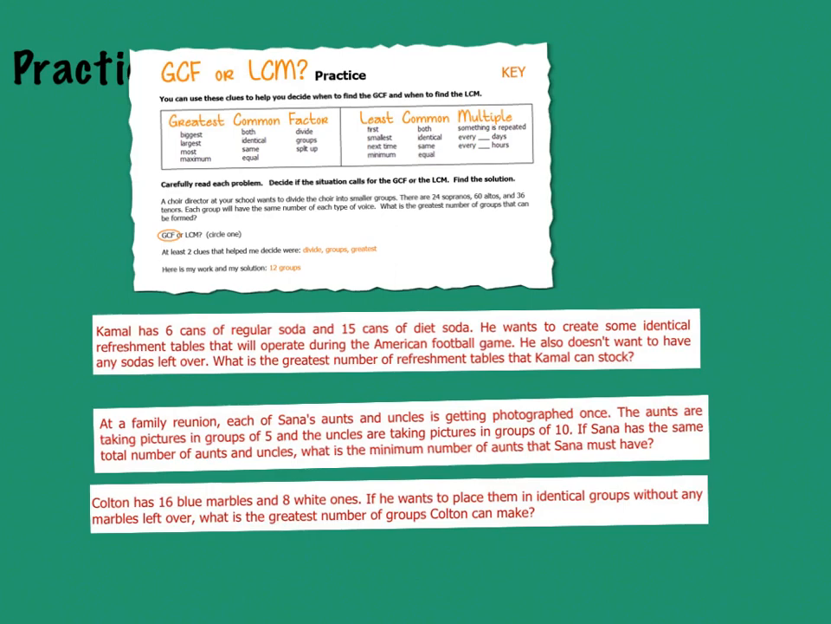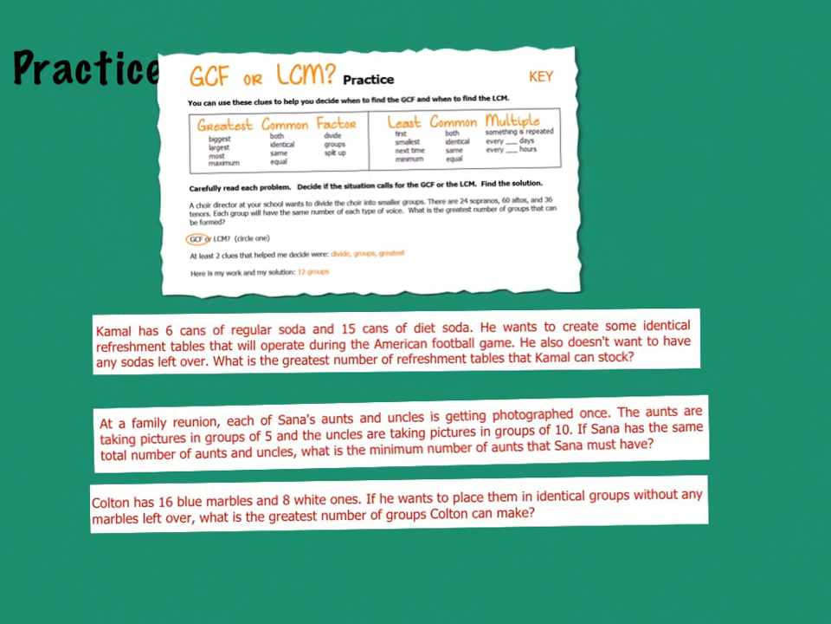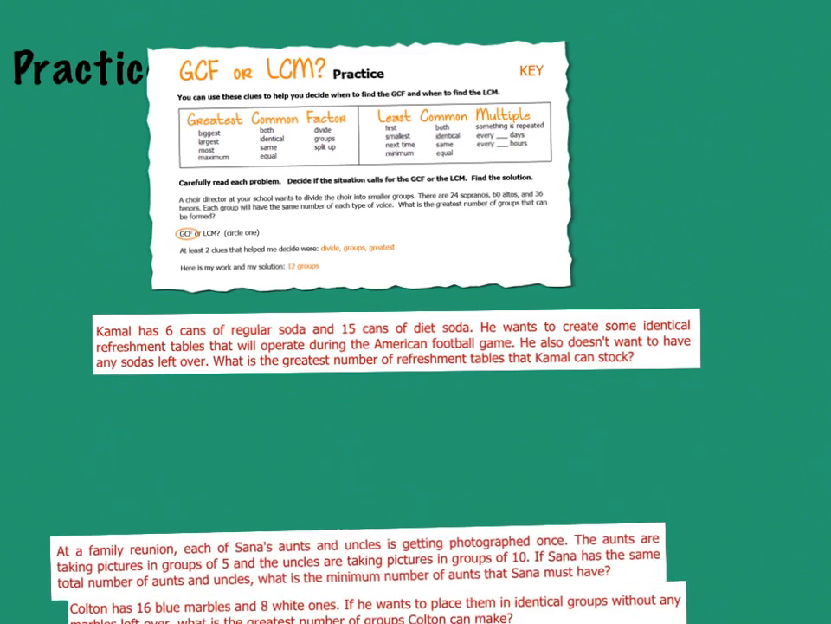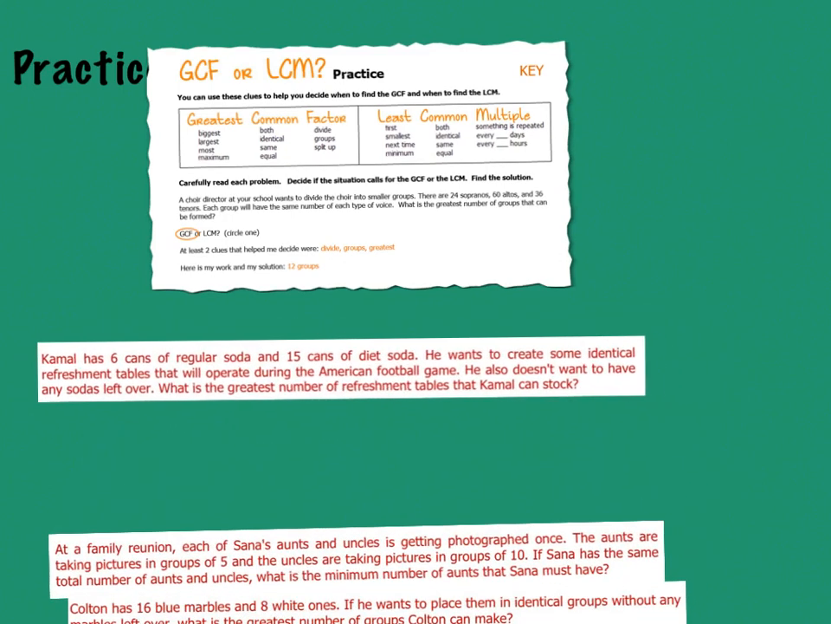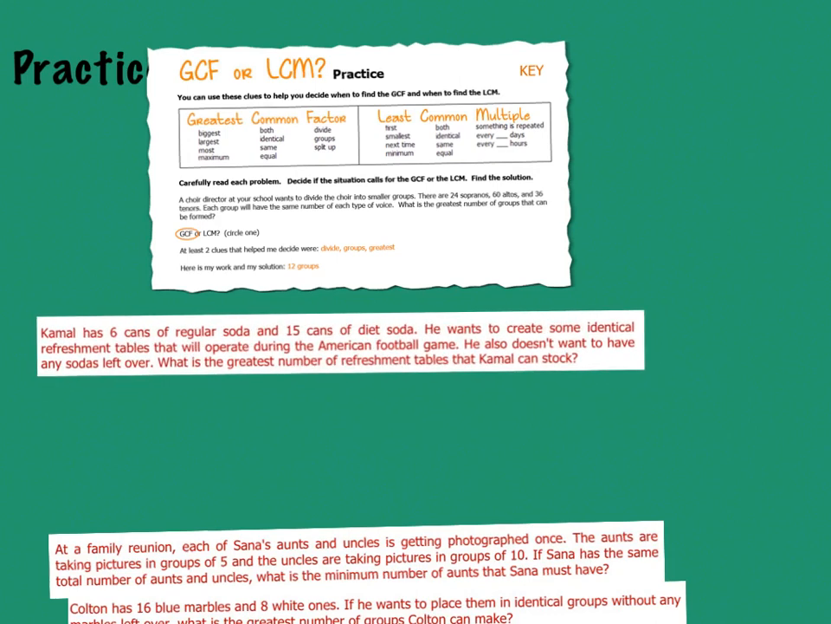So here is your practice page, and I again have left this at the top so we can refer to it. We're going to give some of these a practice really quick. We're first of all going to determine if it's greatest common factor or least common multiple, and then we're going to figure it out. So this one says Kamal has 6 cans of regular soda and 15 cans of diet